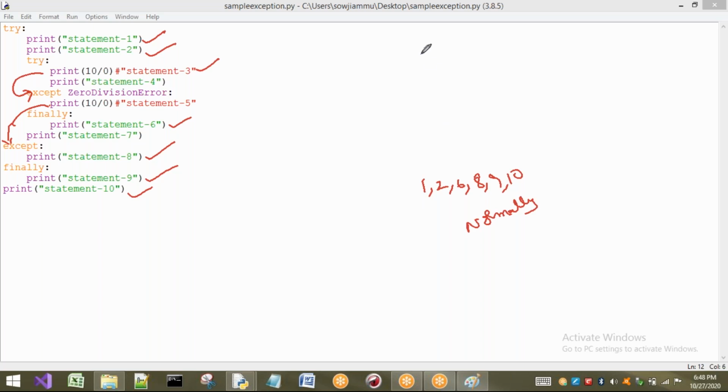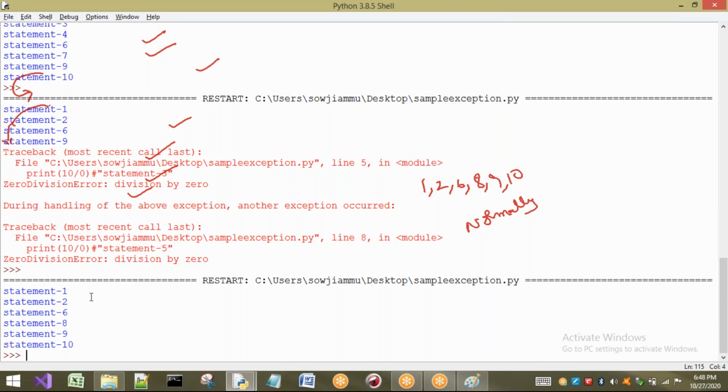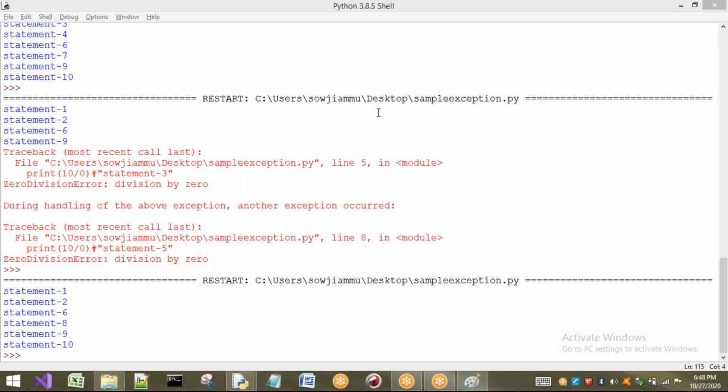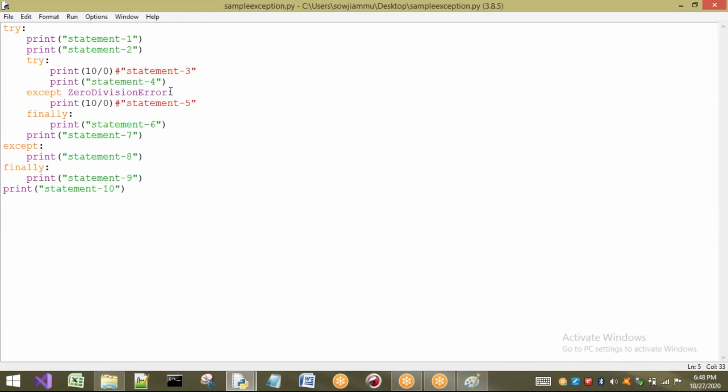Okay, now see the output. What is that? 1, 2, 6, 8, 9, 10. This is one case. Now let us consider the next case. Here we have taken the exception in statement 3, and now I want to take it in statement 5. Oh sir, already I have taken it in statement 5 also. So for statement 5 I have completed 2 cases. Now I want to go to statement 6.